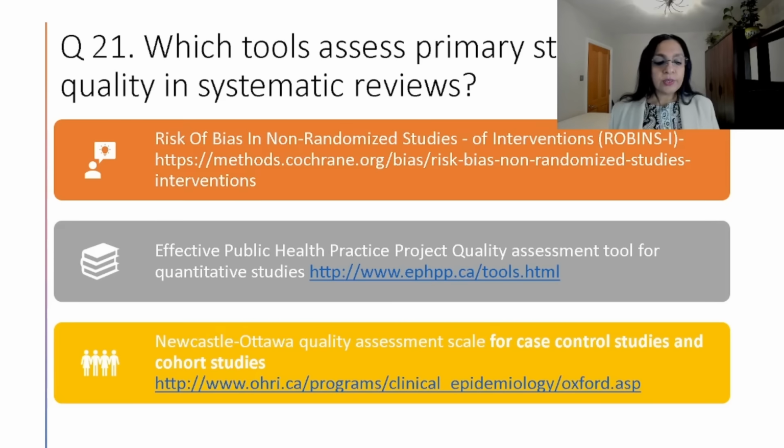There are also tools available from the Effective Public Health Practice Project Quality Assessment Tool for Quantitative Studies, and the Newcastle-Ottawa Quality Assessment Scale for Case Control and Cohort Studies. So these are some of the most commonly used tools to assess the quality of primary studies in systematic reviews.